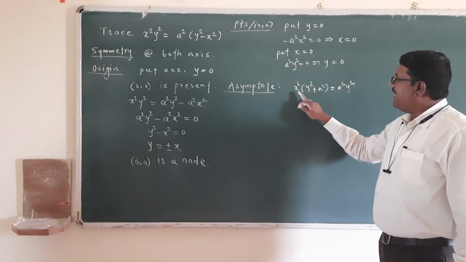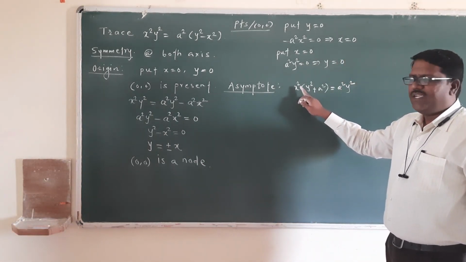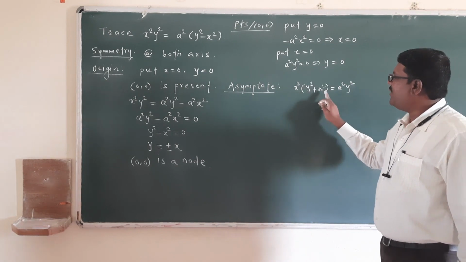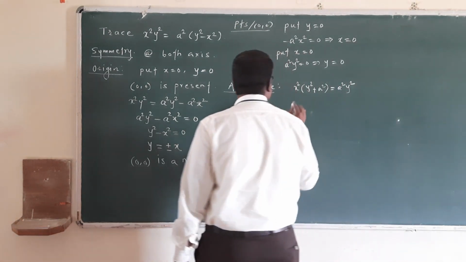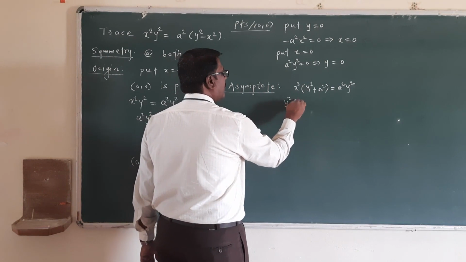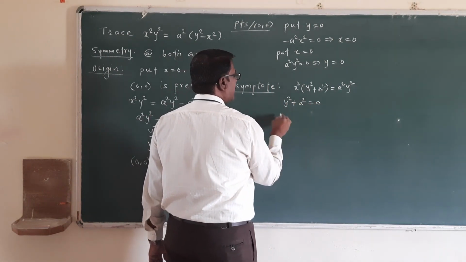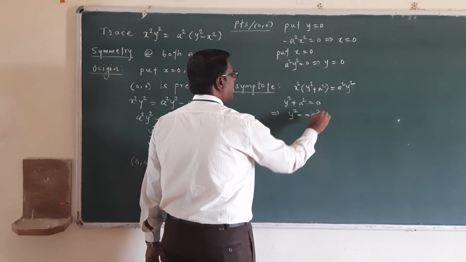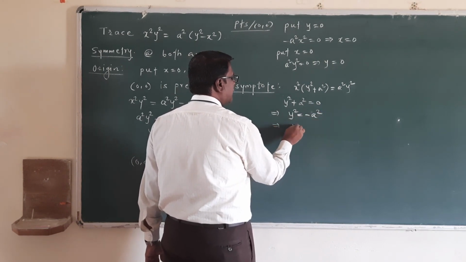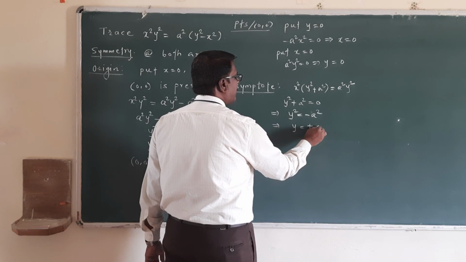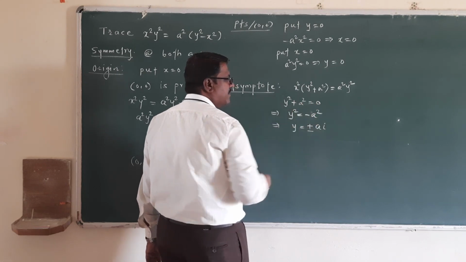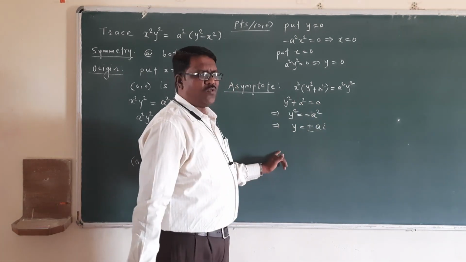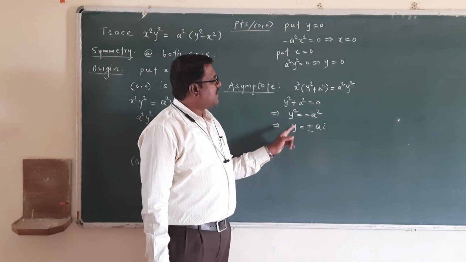So here the highest power of x is x square, its coefficient is y square plus a square. Put this coefficient equal to 0. So y square plus a square equal to 0. This implies y square is equal to minus a square, implies y is equal to plus or minus a i. So there are imaginary asymptotes, and therefore